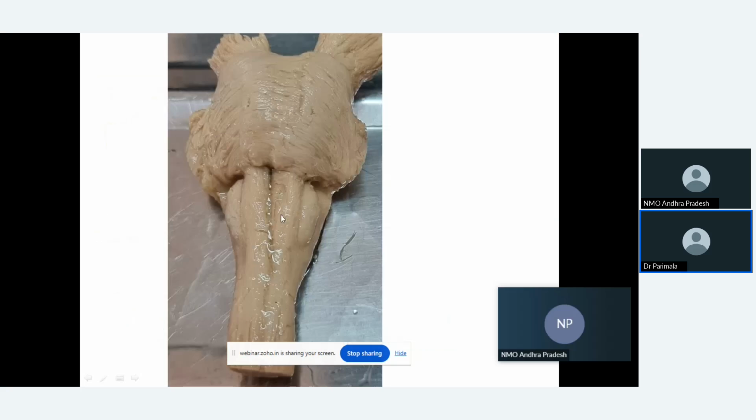This is how it looks in the dissected specimen. These are pyramids, this is olive, and this is inferior cerebellar peduncle. This is a median fissure, anterolateral sulcus, and this sulcus is posterolateral sulcus. As I was mentioning, this is the lower end of the pyramids. At the lower end of pyramids, the decussation happens and it is similar to the spinal cord. So section at the level of pyramidal decussation, the section will be similar to TS of spinal cord. This is what we have to remember.